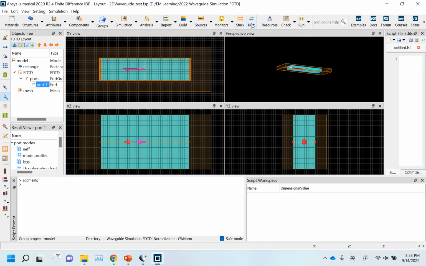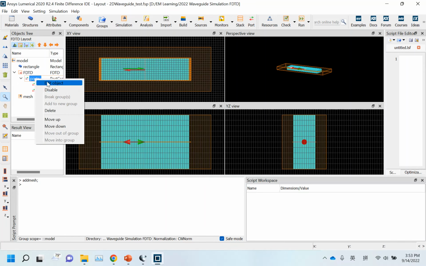And since we are going to use 2 port, we double click it. Then we have 2 port. So first we click the ports here. This ports, you can say it shows you the wavelength of the wave. Okay, so if you right click it and add object